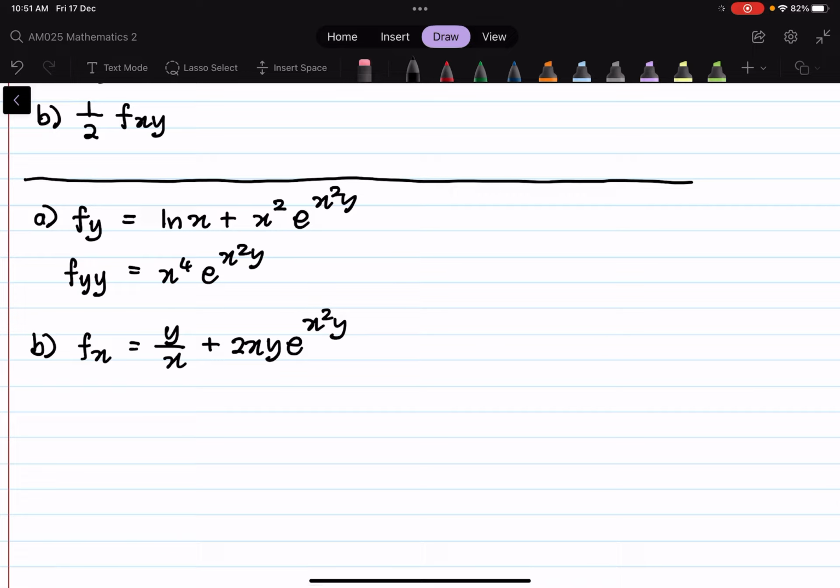So differentiate f sub x with respect to y. We have 1 over 2 here, so we already can put 1 over 2 in the front here if you want. So 1 over 2 here. Now let us differentiate with respect to y. For y over x, we're gonna get 1 over x, plus differentiate 2xy e to the power x squared y with respect